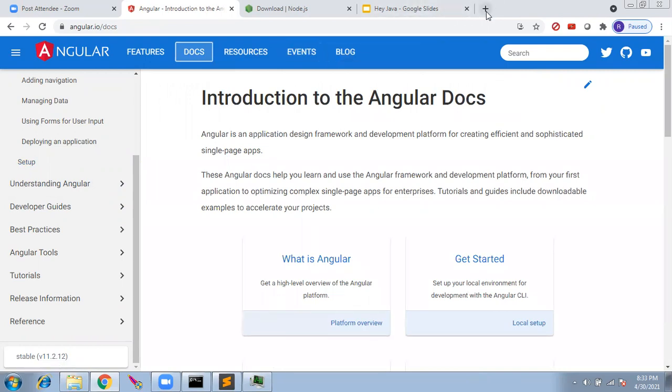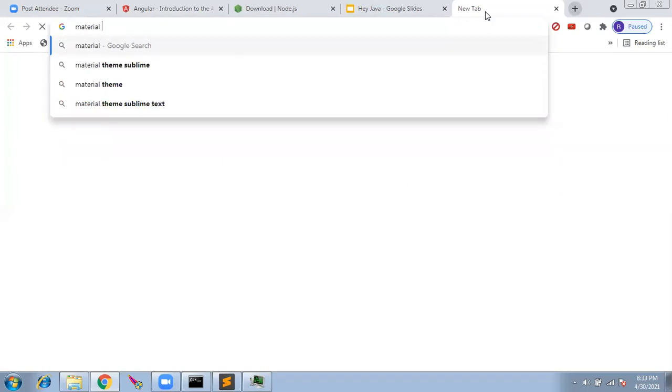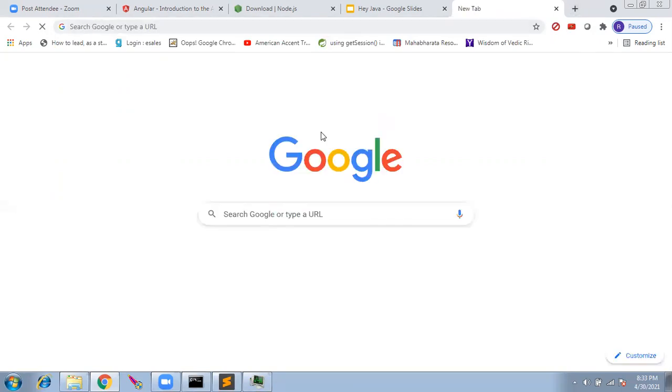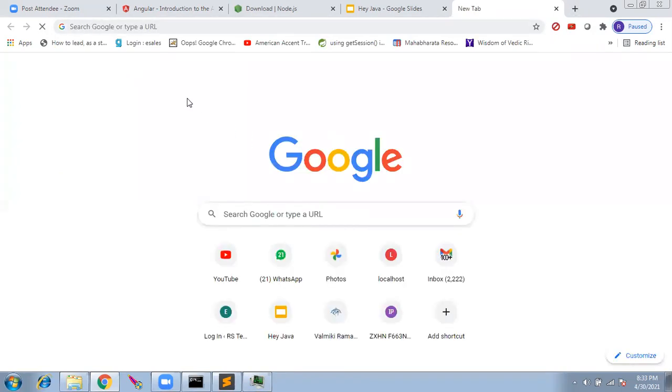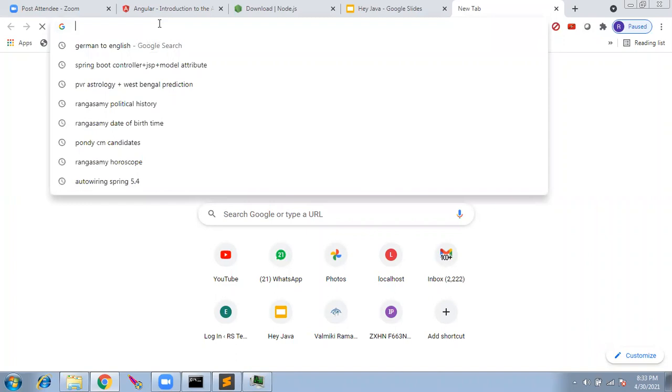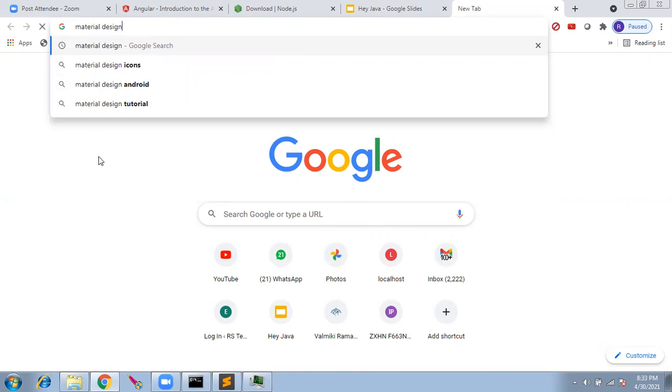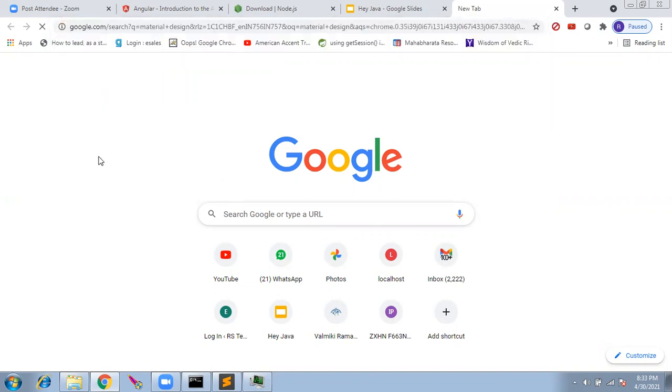And one other website from Google is Material Design. If you are using an Android phone, all the user interface you see in Android is material design. The lightweight design you see, right? The switch, the buttons, all those are generated using material design. The normal HTML button will be a rough button, not a smooth button. We used Bootstrap to make the button look blue color. Do you remember?